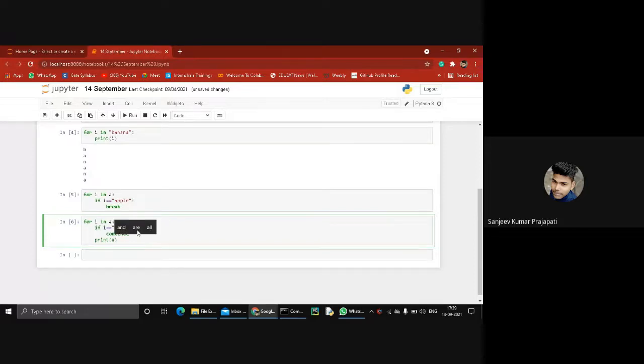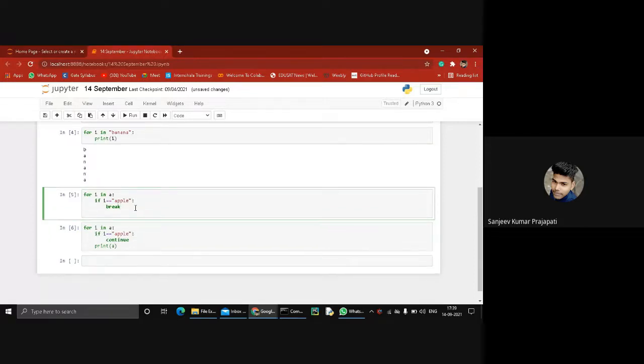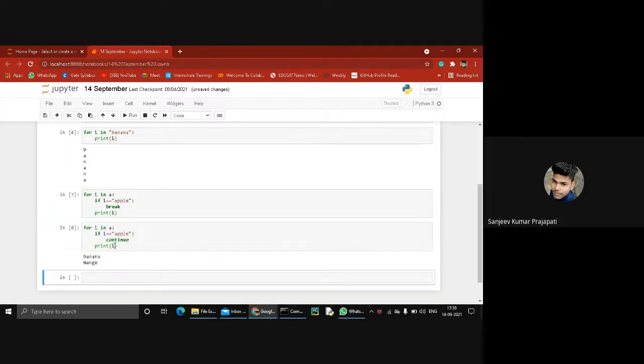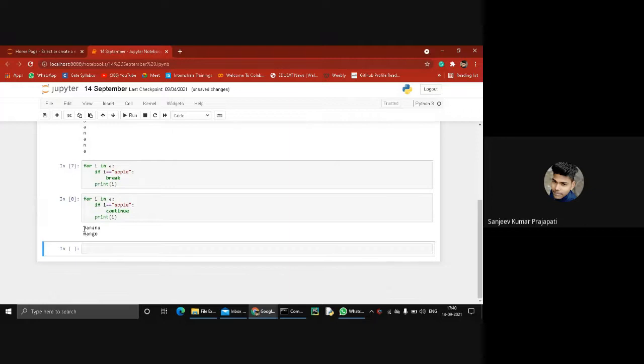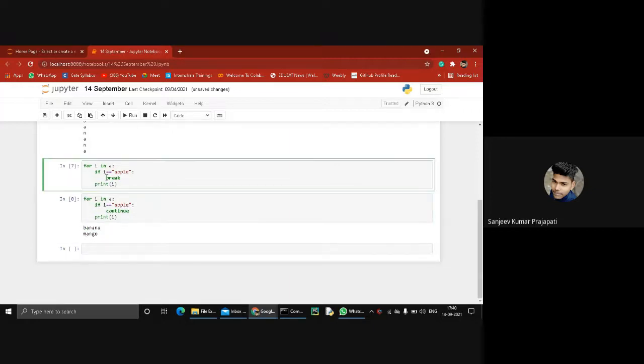Okay, guys, in the break case, nothing is printed. In this case, you see the banana and mango. So break is basically used to terminate the loop.